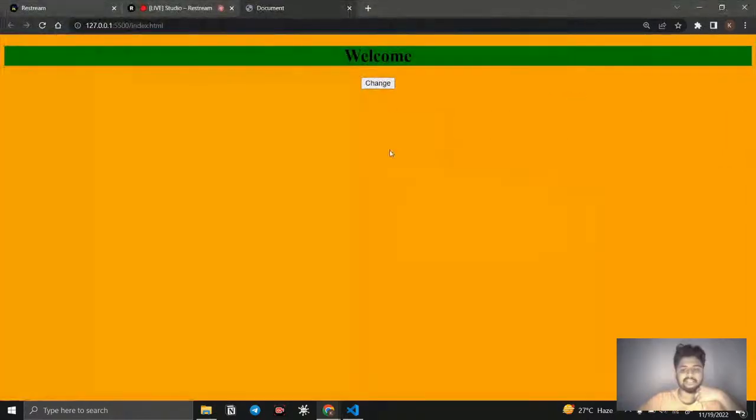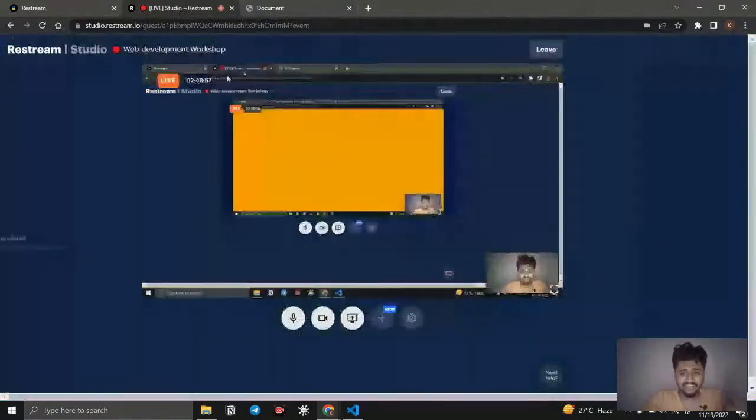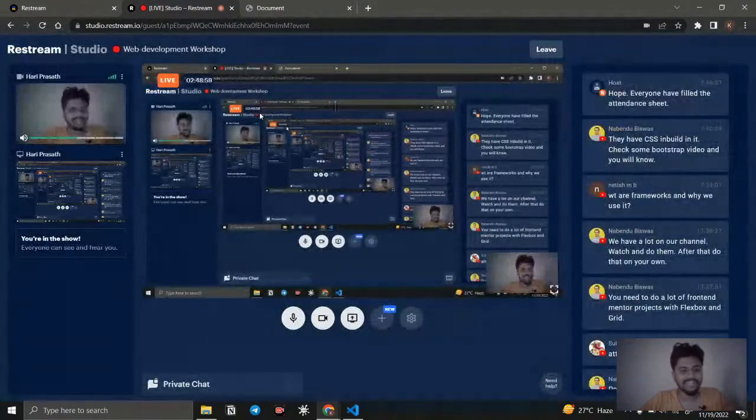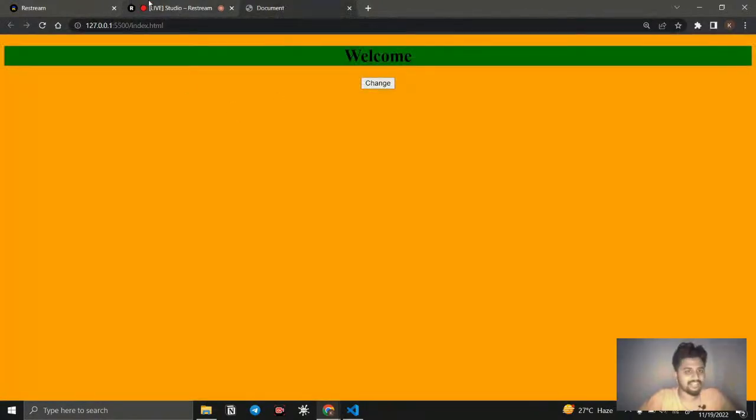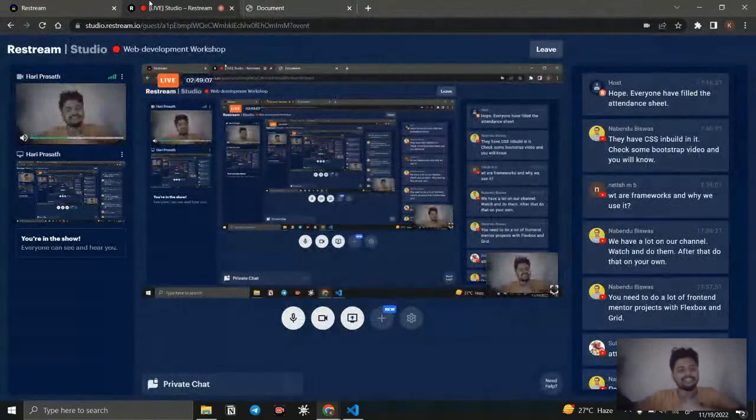So by using JavaScript, you can change the HTML and CSS. Likewise, you can code it and manipulate it. This is a very small glimpse example for JavaScript, not the entire thing. I'm already saying it is going to be a very simple example, and this is more than enough as a kickstarter.